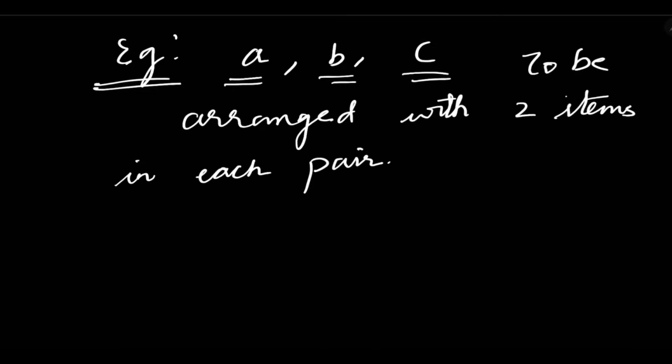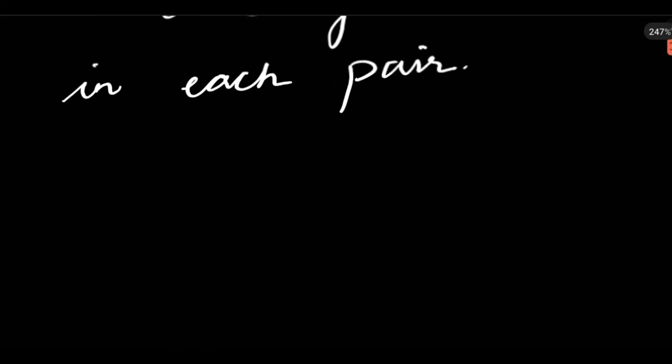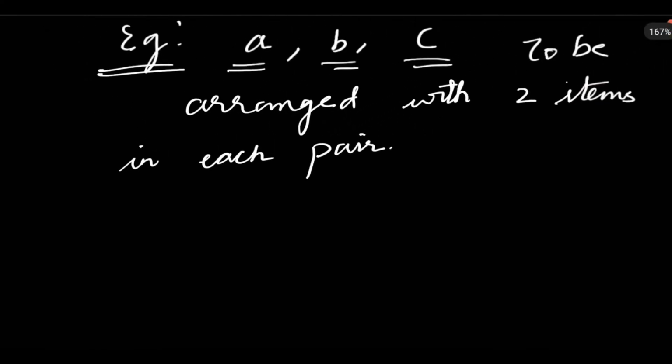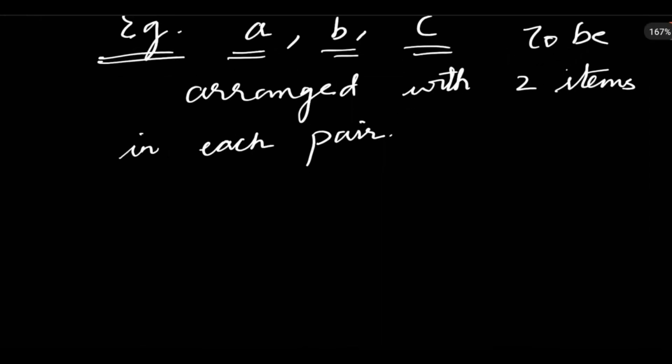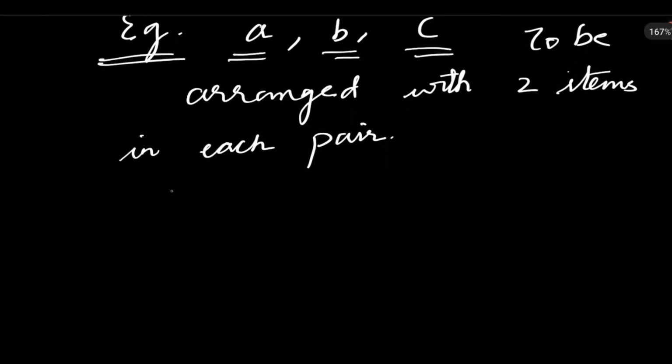That means to say you need to have two in a pair. And here the order matters, because when you arrange the alphabets, let's take an example,